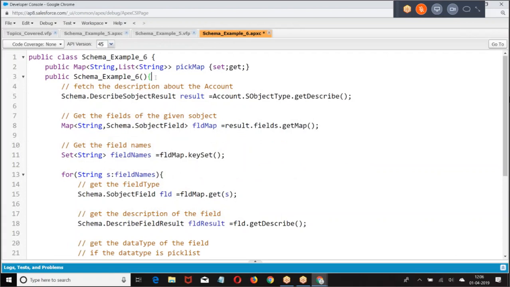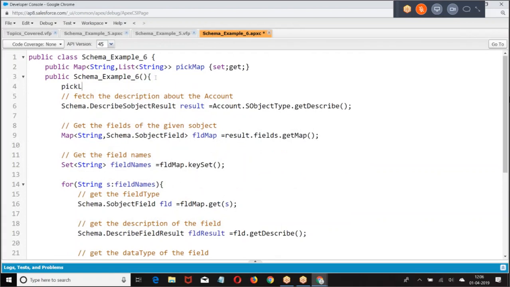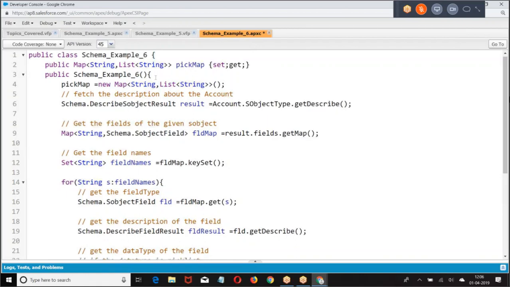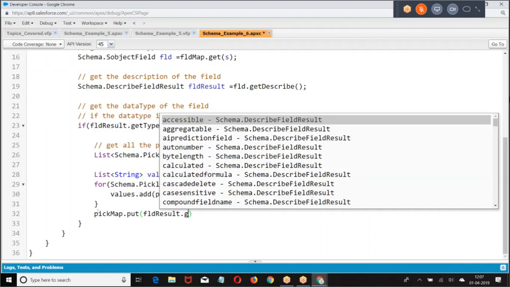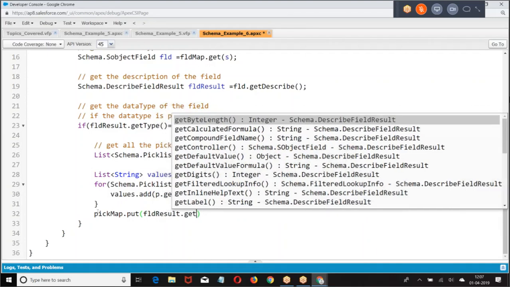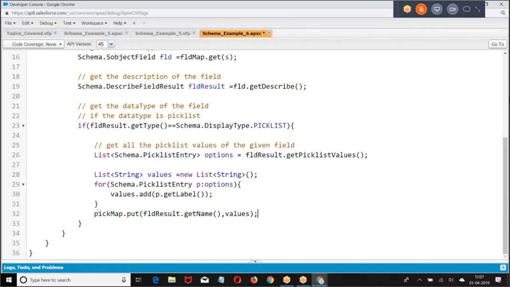Then I was supposed to create this. What was that? Name of the pick list field, list of options. So I got here pick map, put, get name.